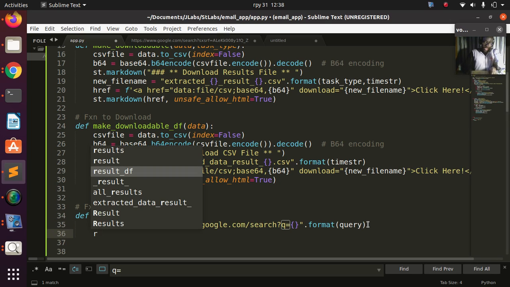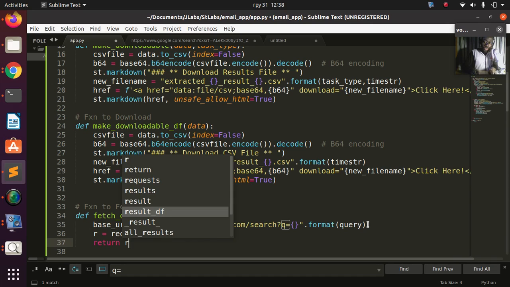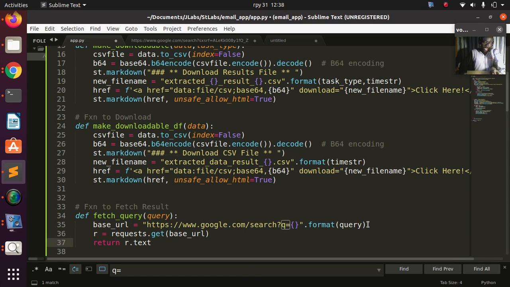Then I'm using request to help us with that. So let's go with requests.get, and pass in the base URL that you have created. Then now I can return the result.text. Perfect. So this is a simple function you have created to help us with that. Let's test this function. I'll copy this function here and go back to my